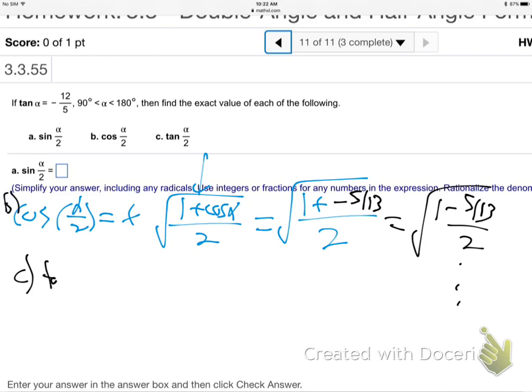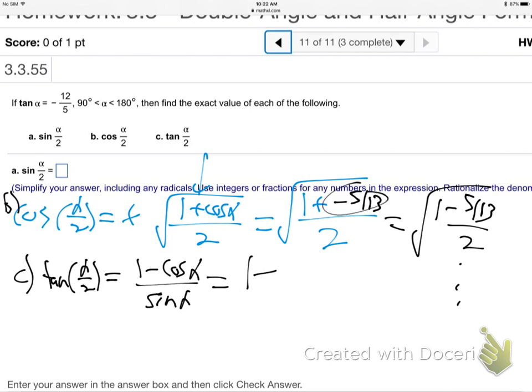And then tangent, part C, that's part B. Part C, tangent alpha over 2. And I gave you 3 different formulas. I would use maybe the 1 minus cosine alpha over sine alpha version. And remember what cosine alpha is, it's right here, minus 5/13 over